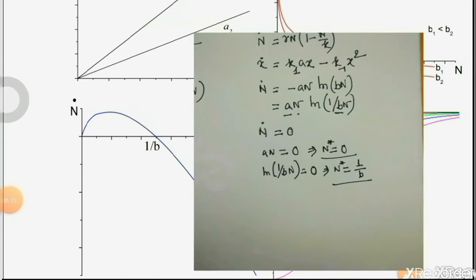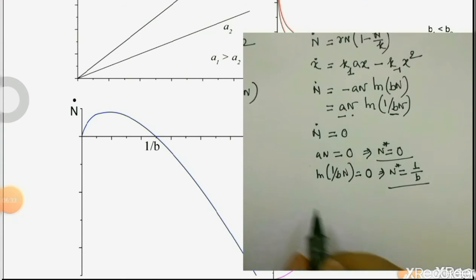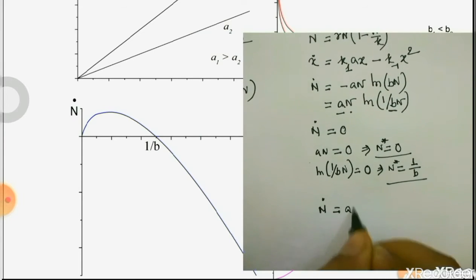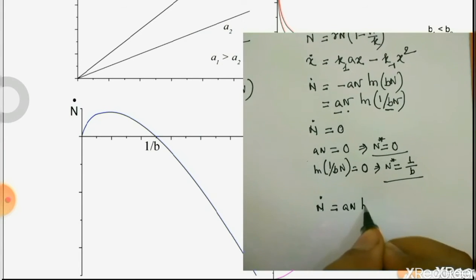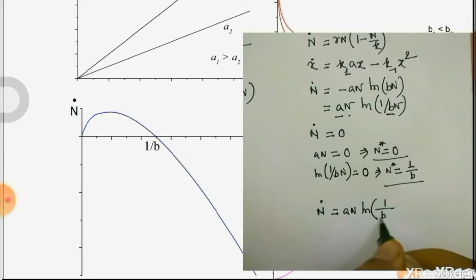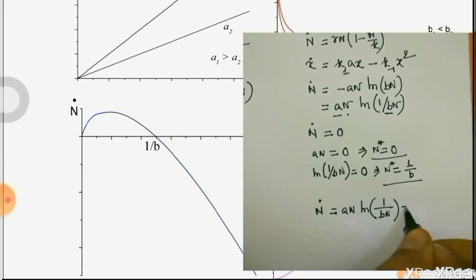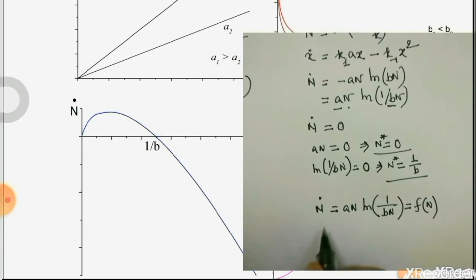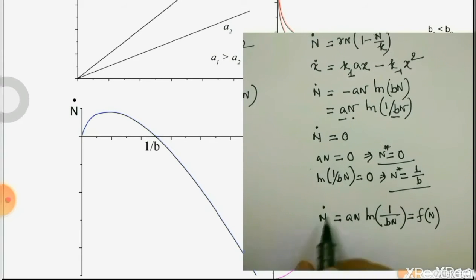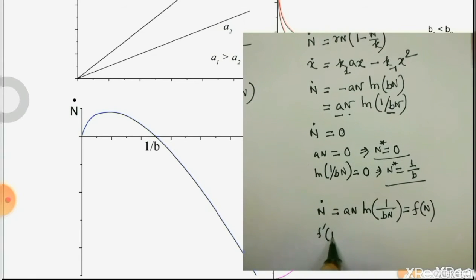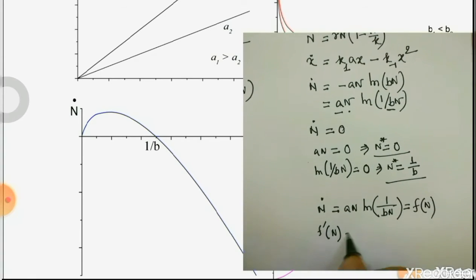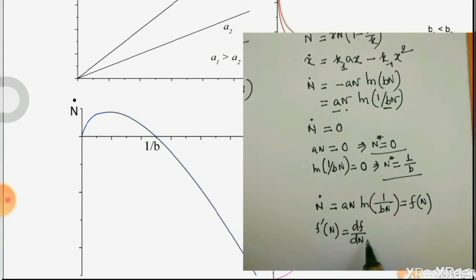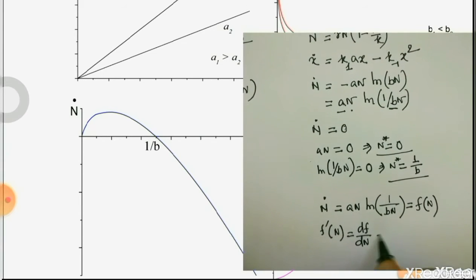For that, we will write n dot equals a n ln(1/(b n)), as a function of n, f(n), and we will differentiate f with respect to n, so that we will get f prime(n) equals df/dn,